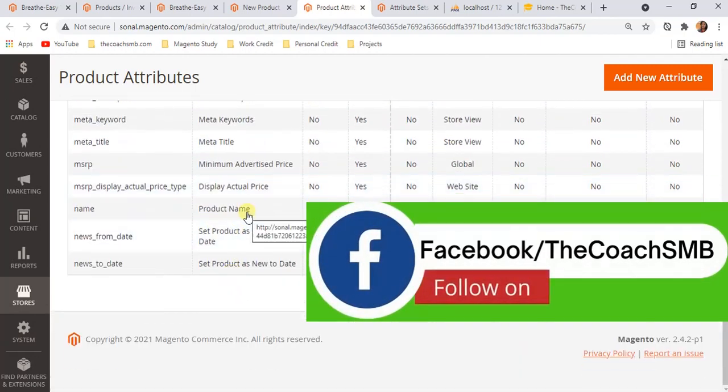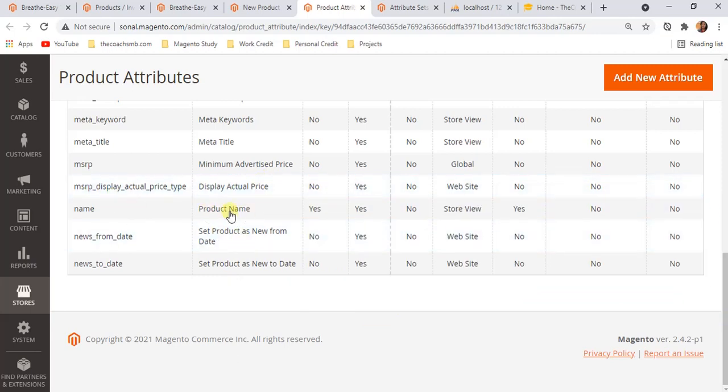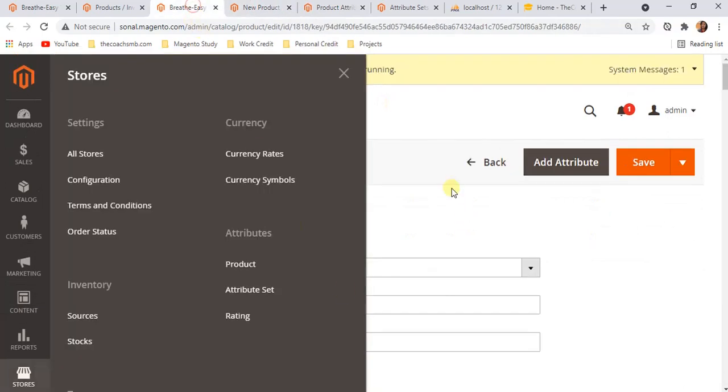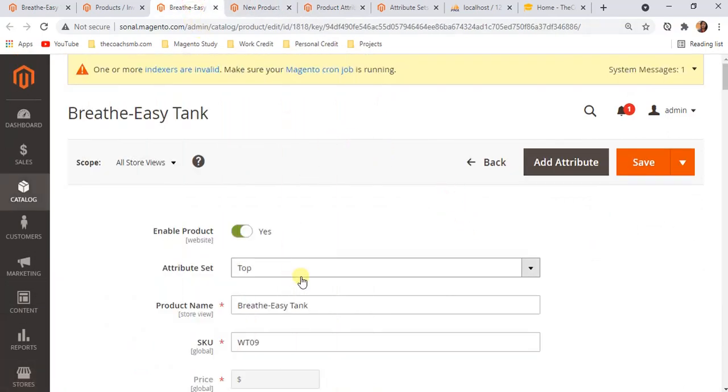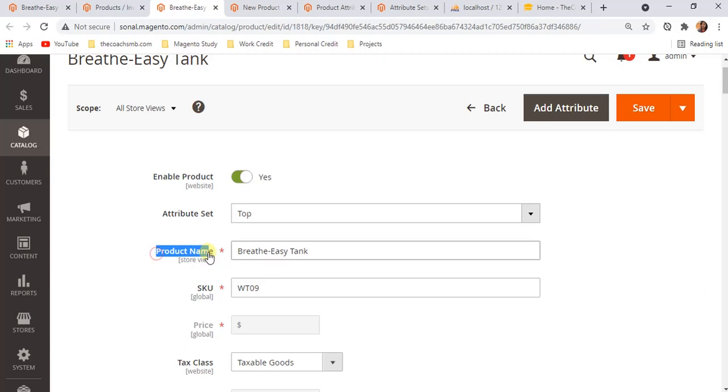So what is this? For example, take one of the attribute names. Okay, so this is the default label, product name. So when we create or edit a product, you can see this attribute product name, right? But to uniquely identify it, the name we can change it, right?